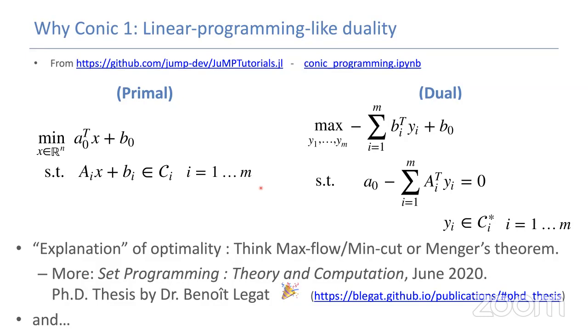And the very nice thing is that it allows you an explanation of what the limits to optimality actually are. Why can't I actually maximize or minimize this more? So you could get things that look like the max flow min cut theorem or Menger's theorems that will allow you to understand what the blockers are to get something more out of your optimization problem.